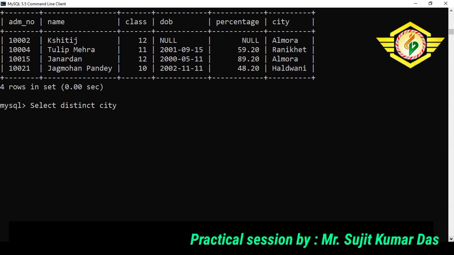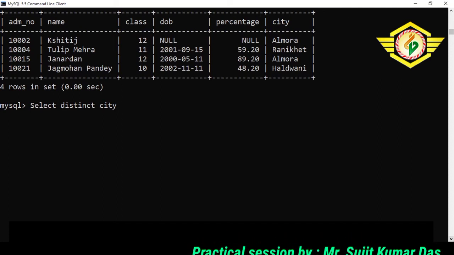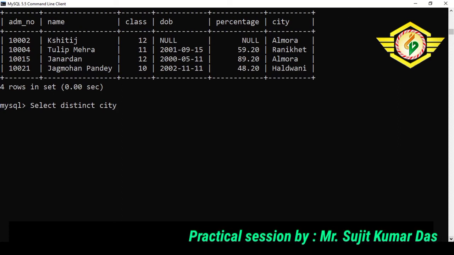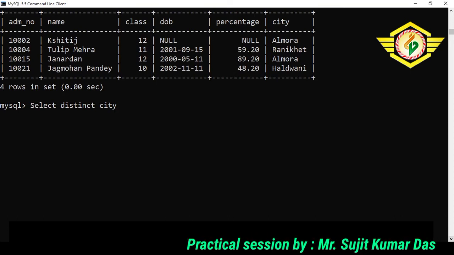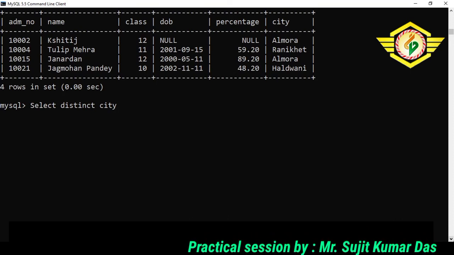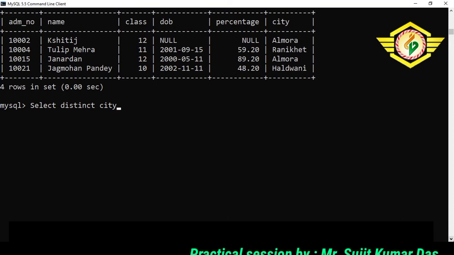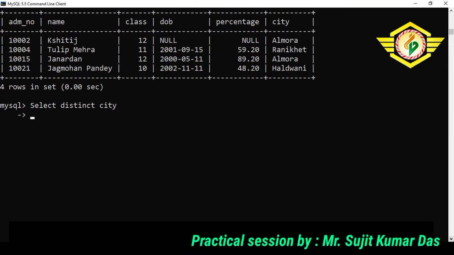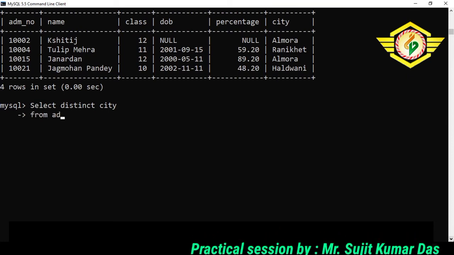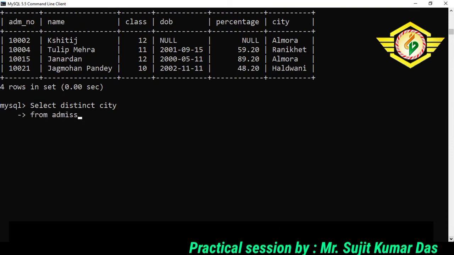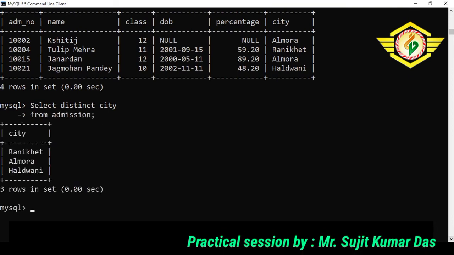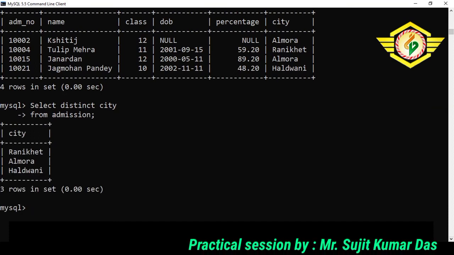We have Almora, Haldwani and Ranikhet as cities, but they are repeated. So to avoid repetition, we will use the distinct keyword before the column name. Select distinct city from admission. So now you get just the 3 values.